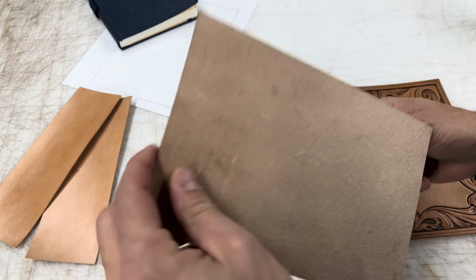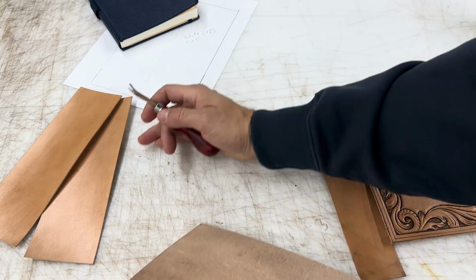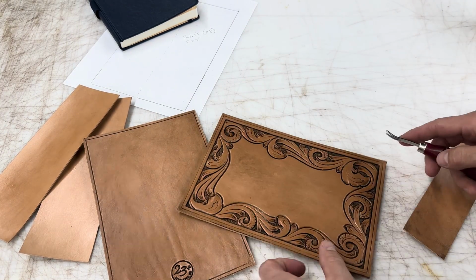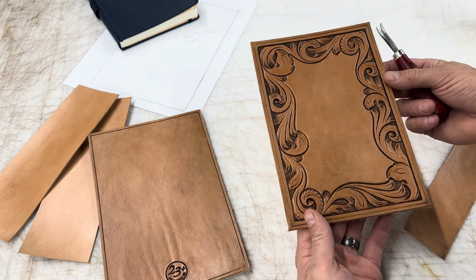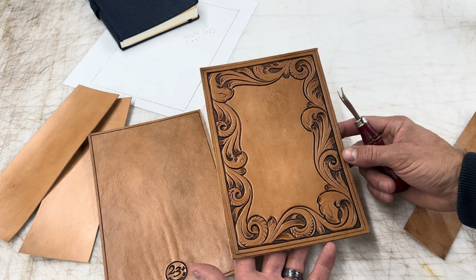First, we'll do that top and bottom on these pieces. Just take the extra little fuzzies off the back side there, and then we'll move into slicking them. And double check which side I want the top and the bottom to be. This pattern can really go either way, but